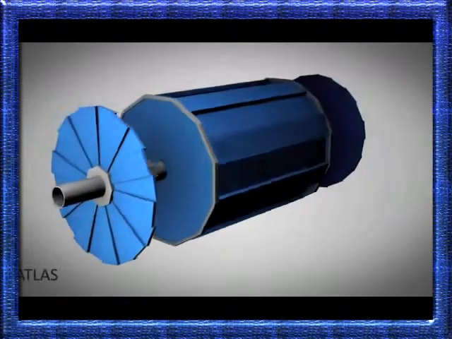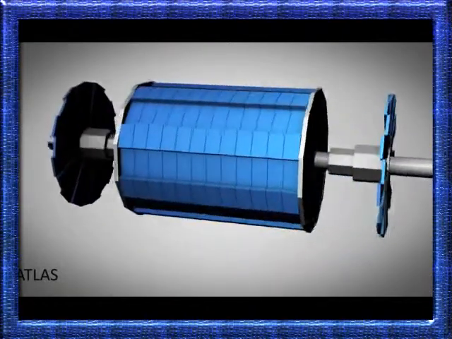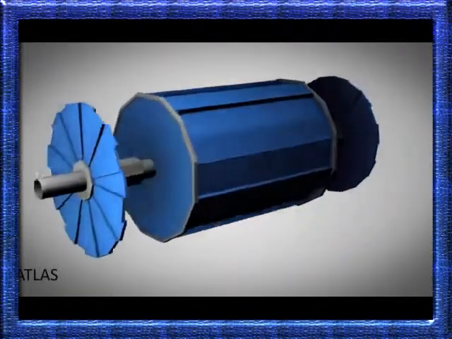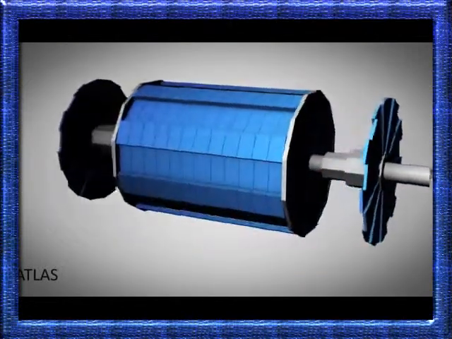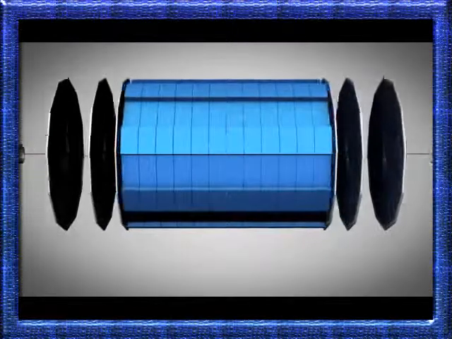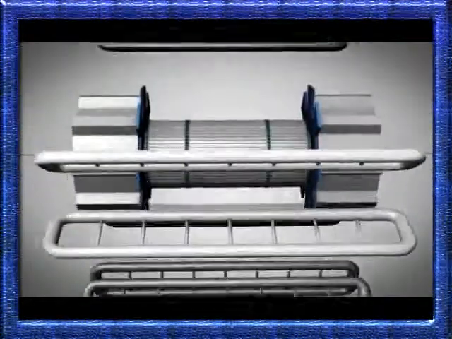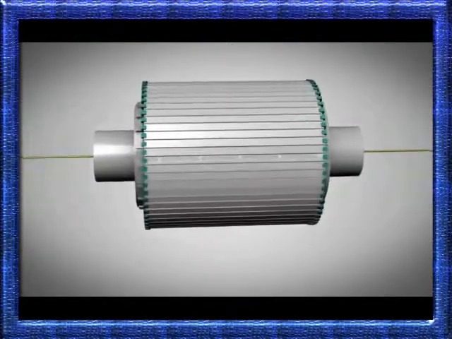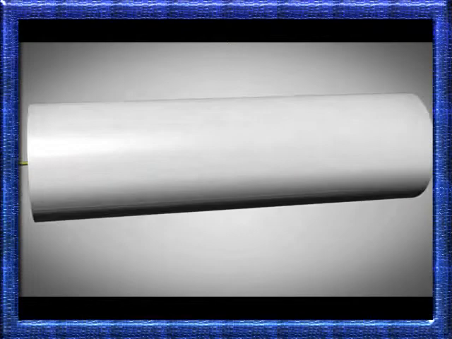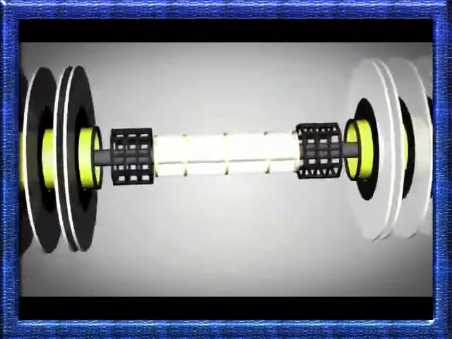The Atlas detector is our tool for detecting the Higgs. It is situated at CERN in Geneva, Switzerland, and will be used to detect the high-energy collisions produced by the Large Hadron Collider. It measures 44 meters long, 25 meters in diameter, and weighs in at 7,000 tons. Two beams of protons will be accelerated in opposite directions close to the speed of light and collided at the center of Atlas.